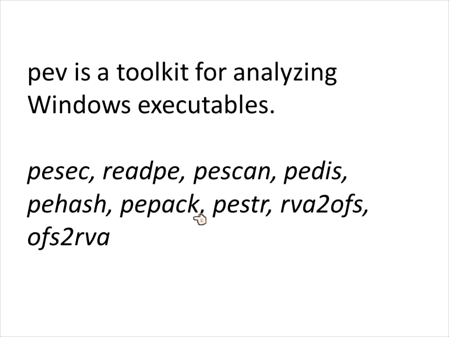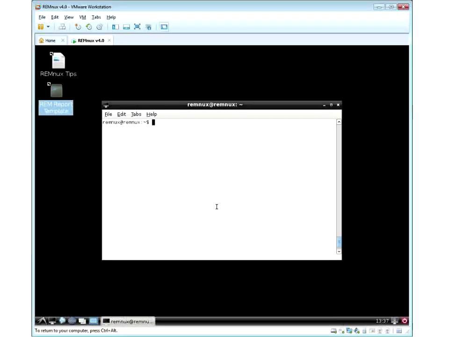So, for example, if you wanted to calculate a hash of an executable, you can use PE-hash. If you wanted to check whether an executable has been packed, you can use PE-pack. If you wanted to read certain aspects of the PE header of the Windows executable, you can use readpe. So, let me show you some of these tools, not all of them, but at least some of them in